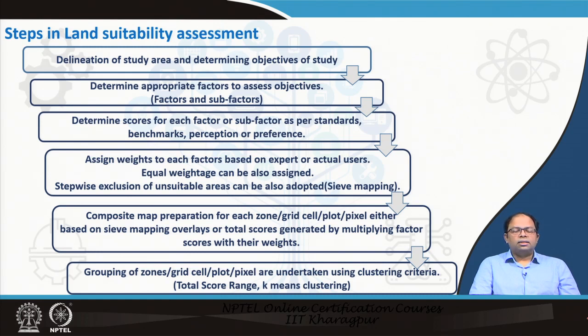So if I am talking about determining residential area, probably my factors would look into accessibility criteria in terms of transport, or it may look into pollution criteria and so on, or it may look into slope. Whereas if I am looking for something else like plantation, then probably I will look into what kind of soil, what kind of water availability, and all those things could be evaluated. So the factors and also sub factors within factors are determined based on the objectives that we need to assess.